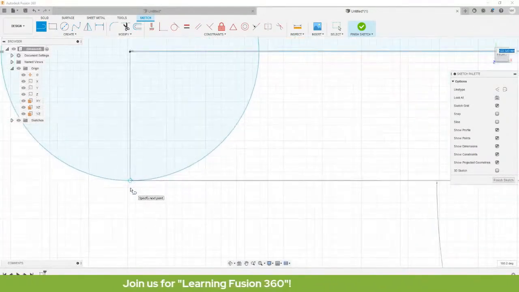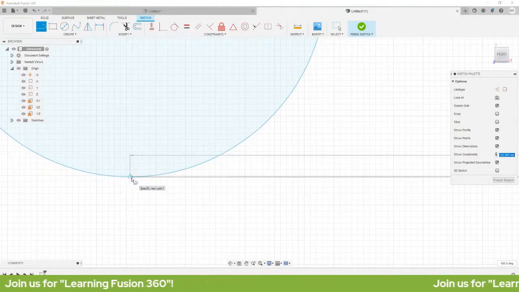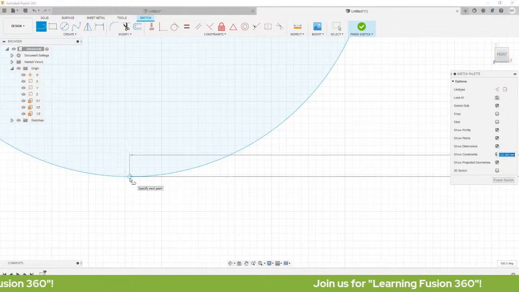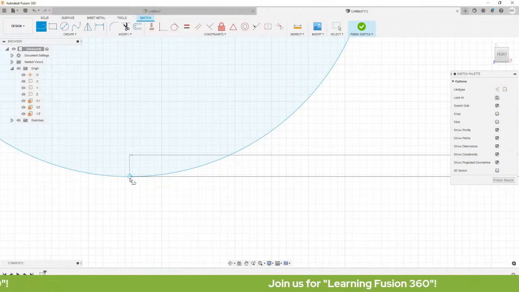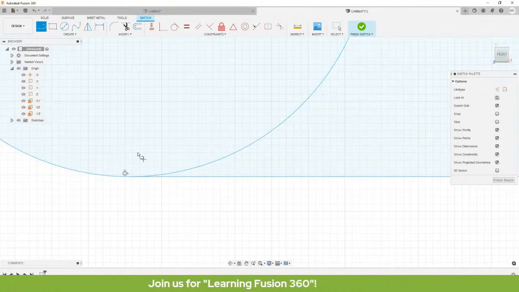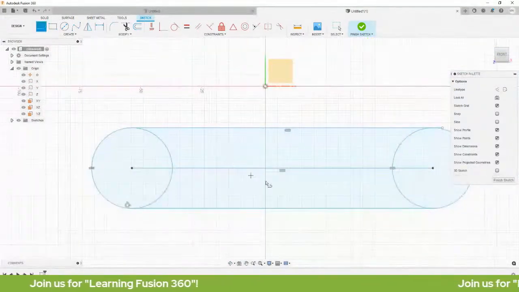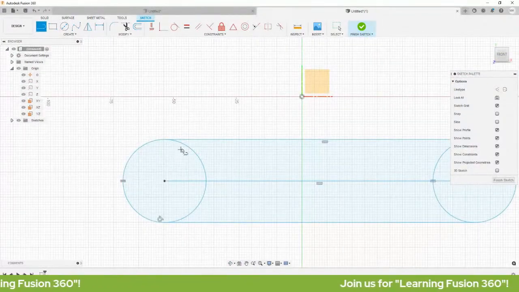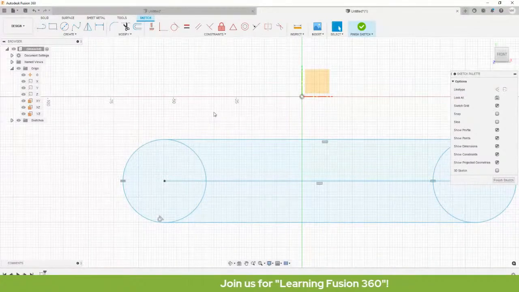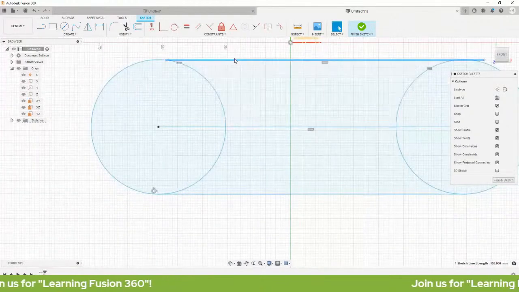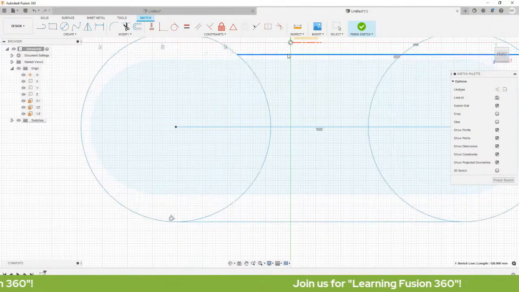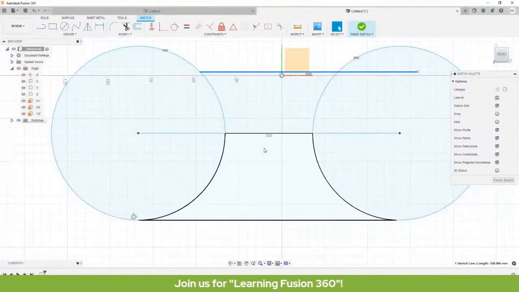So, notice, meron siyang symbol, no? So, that's the tangent constraints. So, if you want to have a smooth connection between your circle and your line, you will use tangent. So, left-click ko na siya para mag-apply na siya. So, ayan, nag-apply na siya. So, eto sa ating sa kabila, let me hit escape. Ito ay walang tangent, no? Pansinin niyo yung pinagkaiba ng may tangent sa wala. Okay?